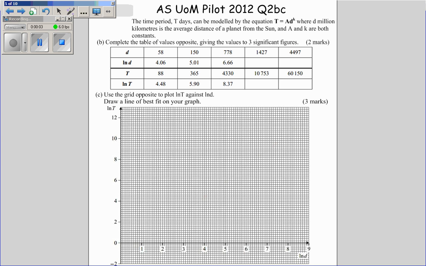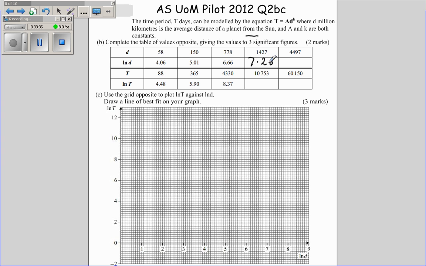In this part of the question from the Pilot 2012, we're asked to complete the table of values opposite, or in our case below, giving the values to three significant figures. Okay, so all we need to do is take the values in the top row, in this case 1427, so it's the ln of 1427, and that gives me 7.263329617, but it's asked for three significant figures, so I'm simply going to round that to